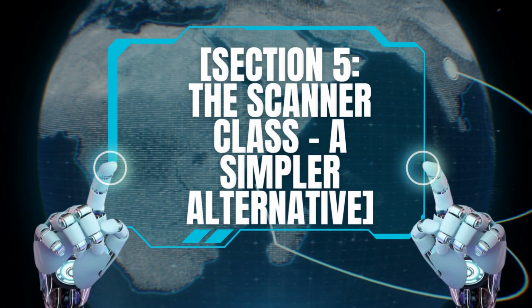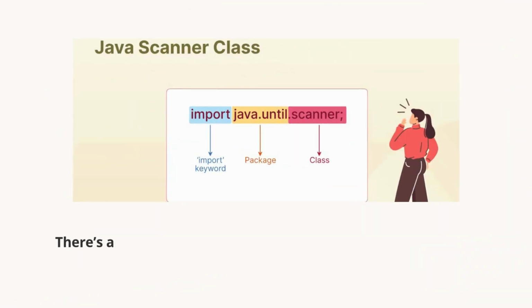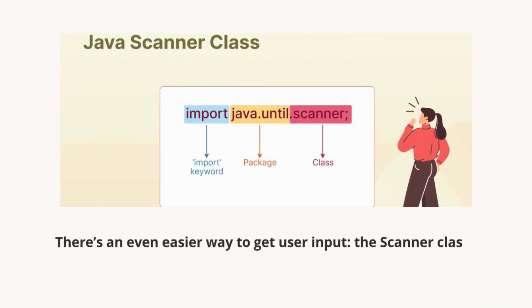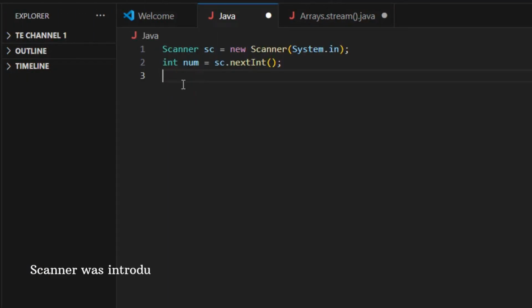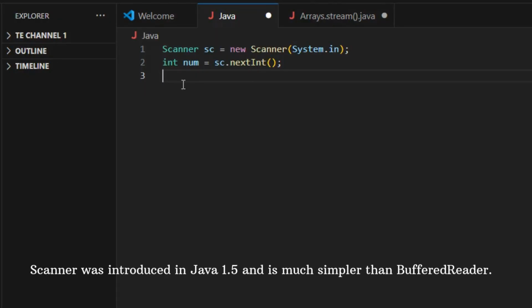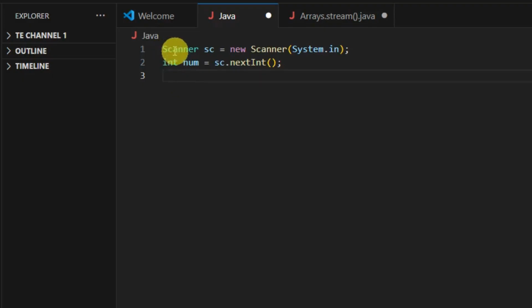Section 5, The Scanner class, a simpler alternative. There's an even easier way to get user input: the Scanner class. Scanner was introduced in Java 1.5 and is much simpler than BufferedReader. Here's how you use it. Scanner sc = new Scanner(System.in); int num = sc.nextInt();